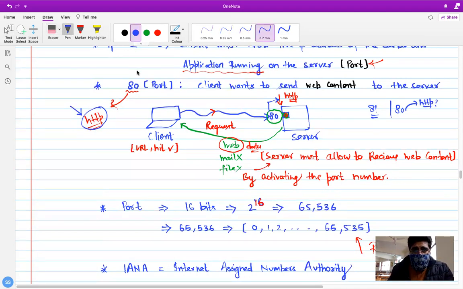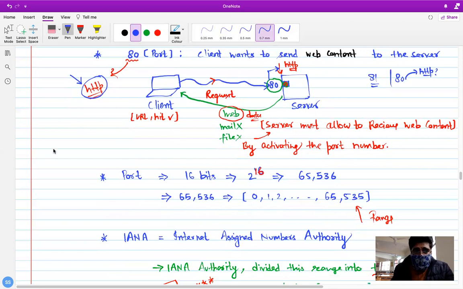But so far we know that there are some ports, and it means there has to be some range. So the port number is made out of 16 bits, so from 0 to 15 you have the bits. How many numbers can you generate if you have the choice of 0 or 1 at each place?